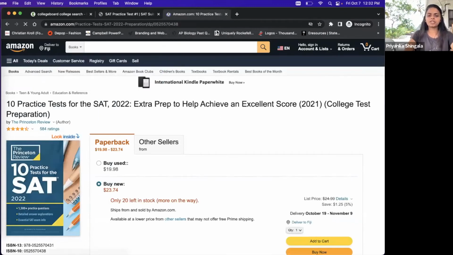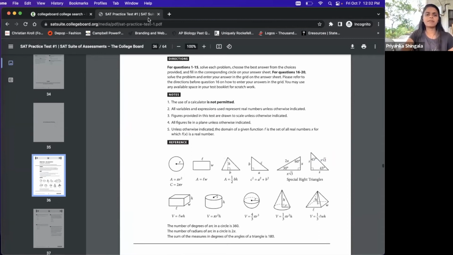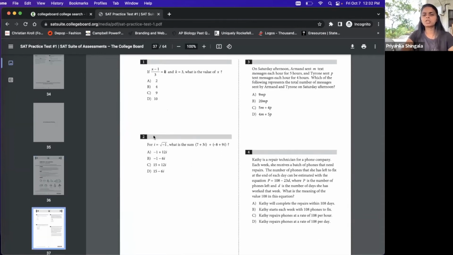ACT doesn't really have as many resources available, which is one of the reasons why, as a tutor, I tend to lean more towards the SAT. It doesn't even have anything to do with being better prepared to tutor it, but there's just so much material I can have students prepare on. So if we're struggling with math, okay, great. We have the 10 practice tests from online College Board, and we have the 10 from Princeton Review. That's already 20 exams right there, right?